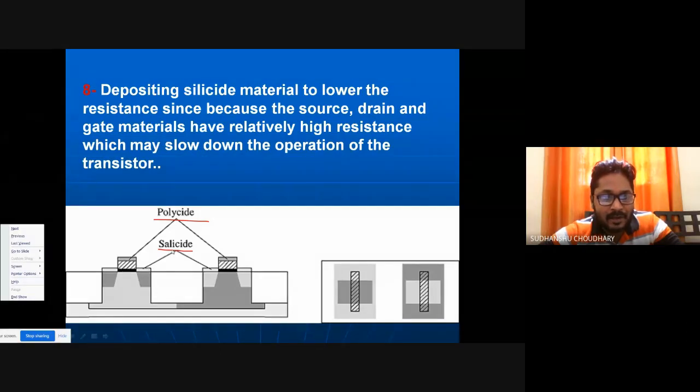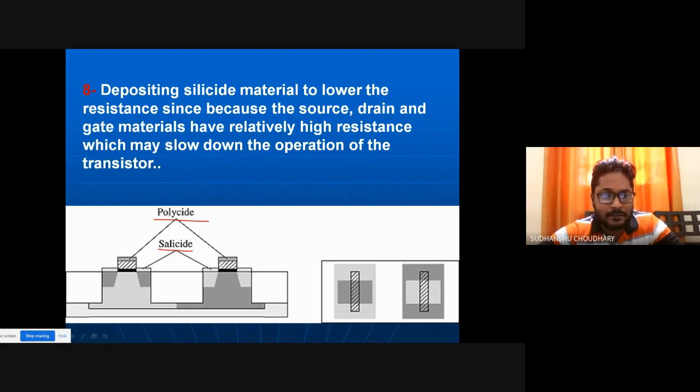So when you deposit silicide or coat the silicide on source and drain region, that silicide is called salicide. And when you deposit the same silicide over the gate, that is actually called polycide. So the process actually defines this term polycide. In fact, there is no material in this world which is named polycide, right? So the same silicide is deposited in both these places, over the gate and over the drain and source diffusion contacts, to reduce the resistivity of the gate contact and the drain and source diffusion region contacts, or to increase the conductivity of the gate contact or the source and drain contact.